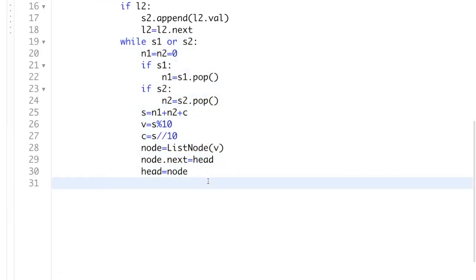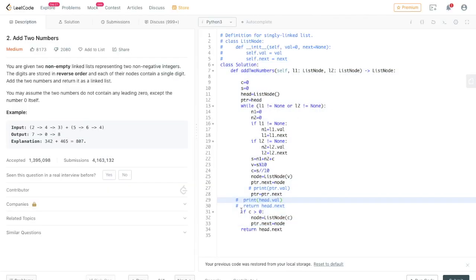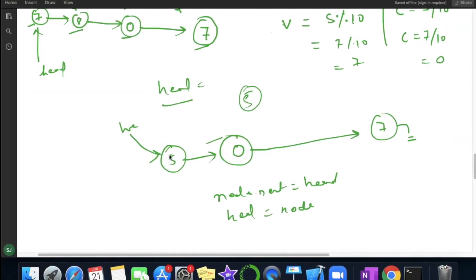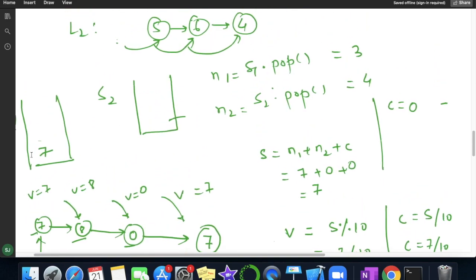And we have to check one more condition for the carry one, as we have checked here in the previous. Now if you are left with any carry, so you can see here for the last value we have only 7, and suppose if carry was not 0, then we have to add 7 plus 0 plus the carry value.